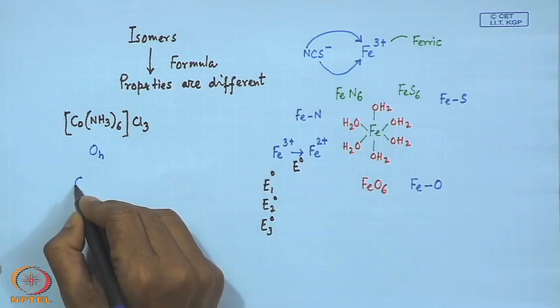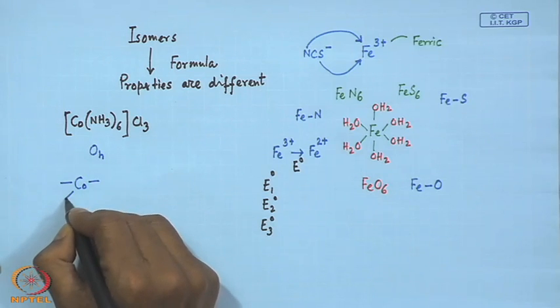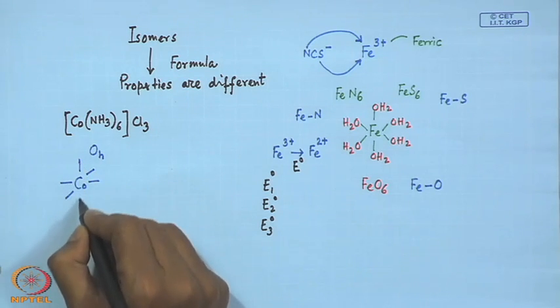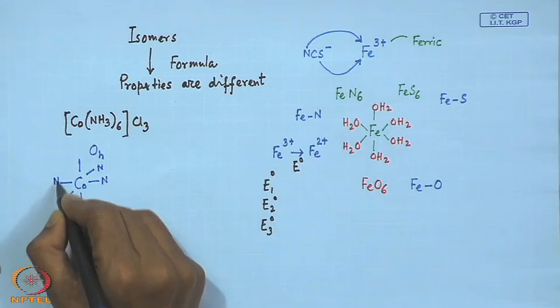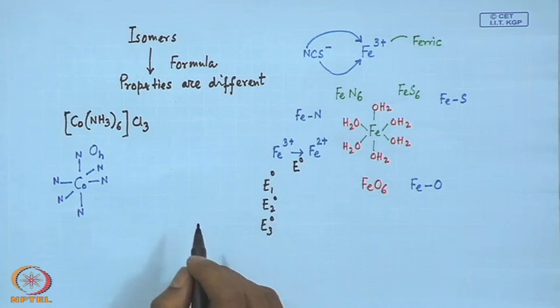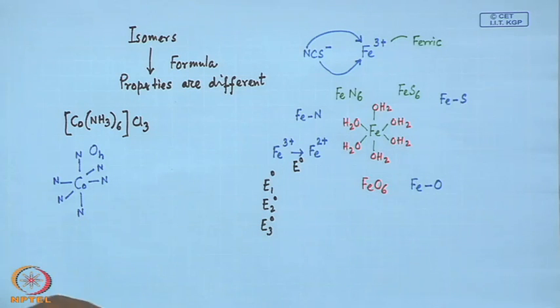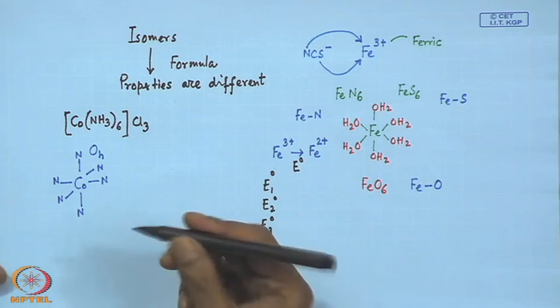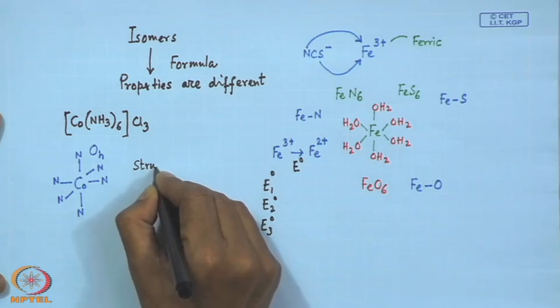That means we have the cobalt center, and this cobalt center is connected to 6 nitrogen atoms of the ammonia molecules. We determine the corresponding structure by X-ray crystallography. So, the determination of structure is important,